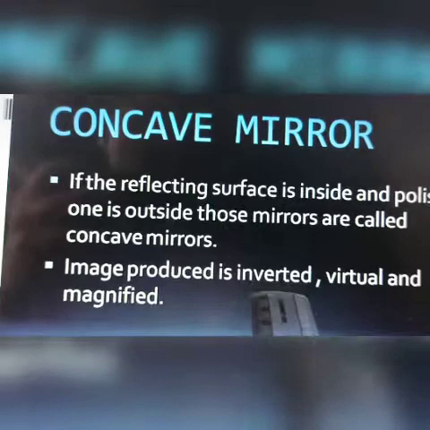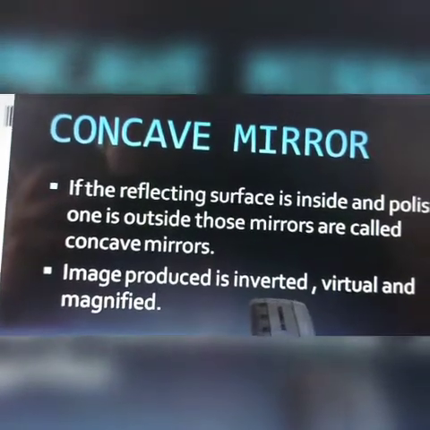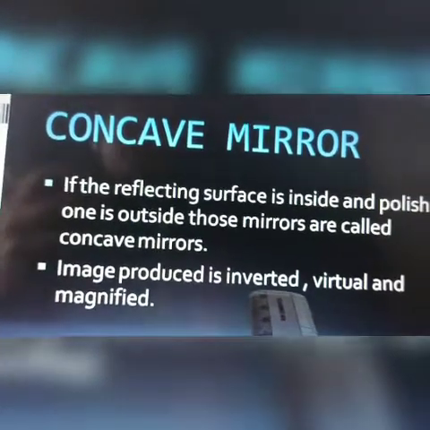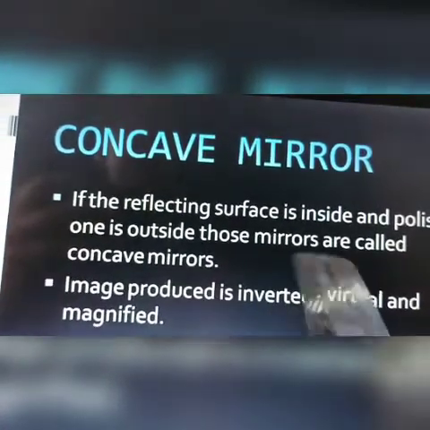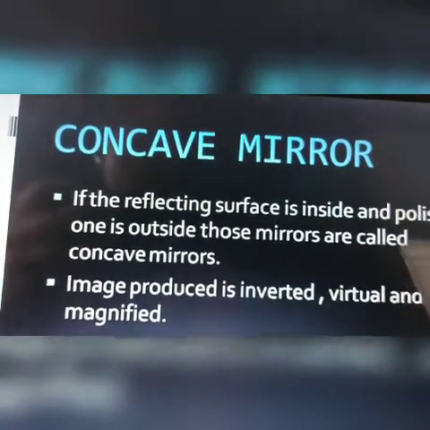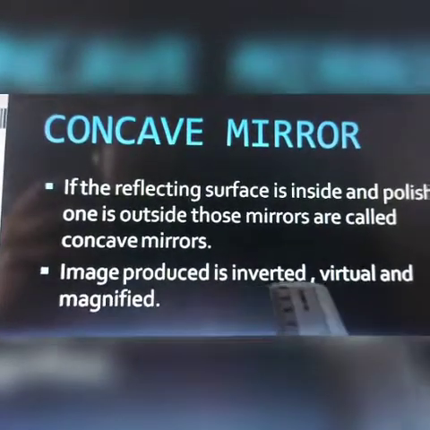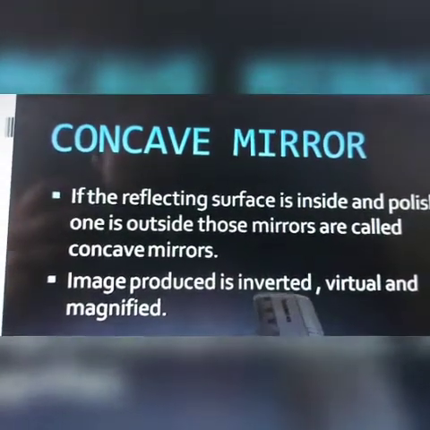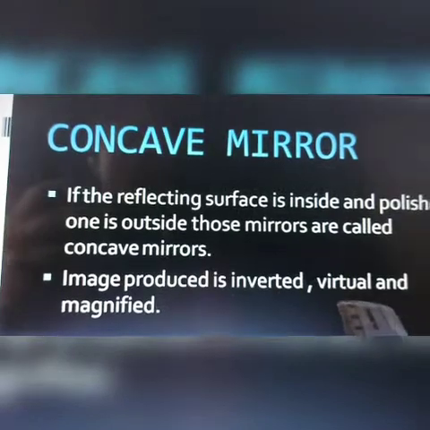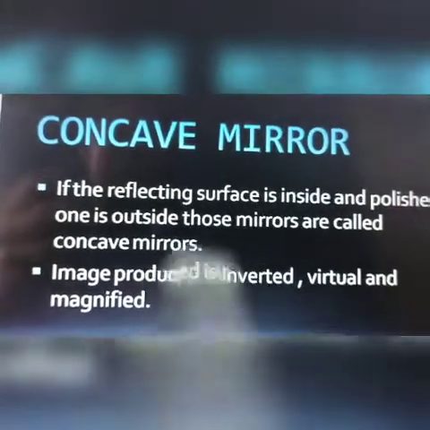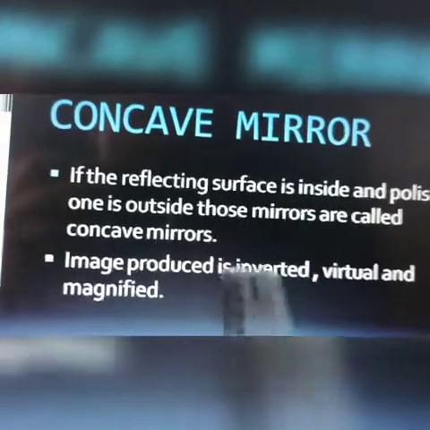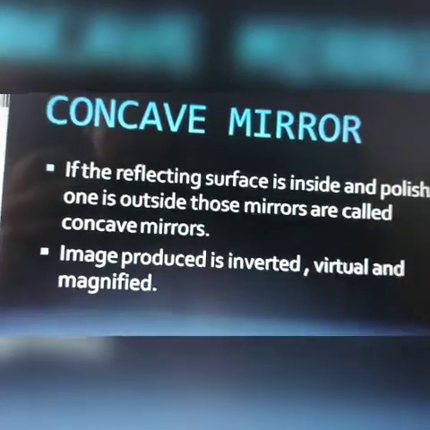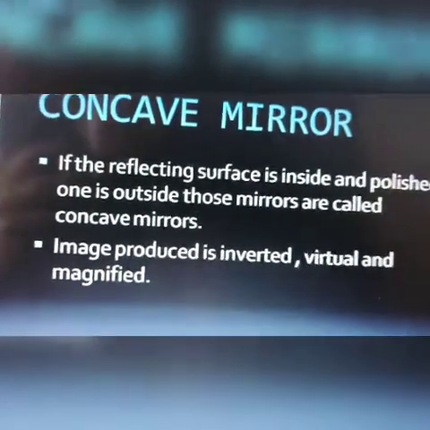Here inverted means when you see the image opposite from the object in the mirror, just like a plane mirror, you see your left hand becomes right and right becomes left. Similarly here that property verifies. Okay, and then virtual means closer, and magnified, you all know means what? Bigger. Okay, clear to all? Can we move forward now?